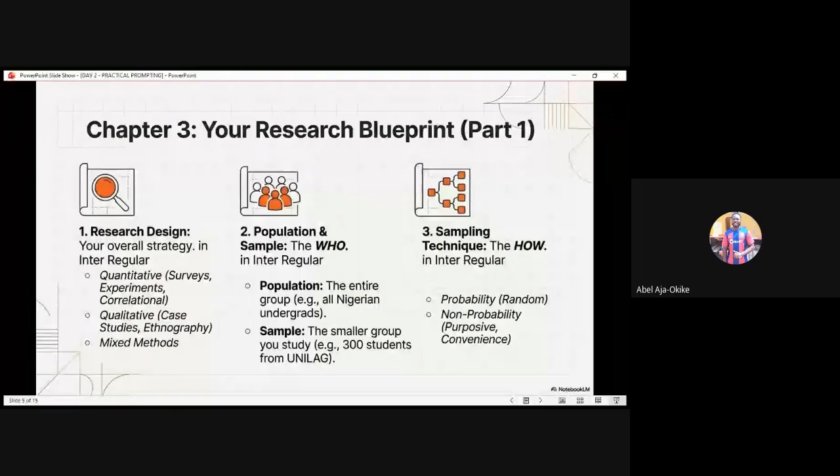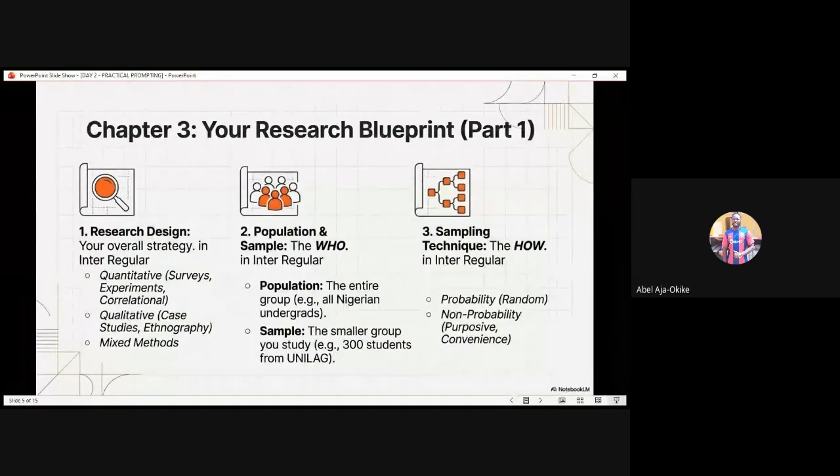And then the second thing you want to do is you want to also know who your population and sample is. Very important. I already hinted on this. Most times, the reason why some lecturers reject students as population is because most students, when you give them a questionnaire to fill, they just fill it in a biased way. You see someone tick everything without reading it.